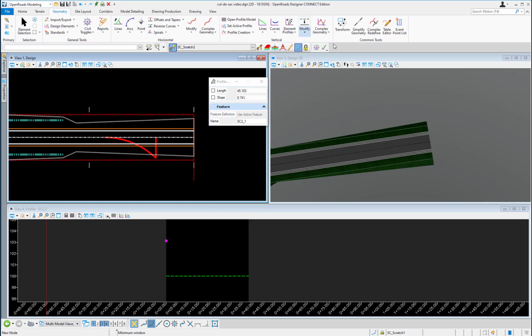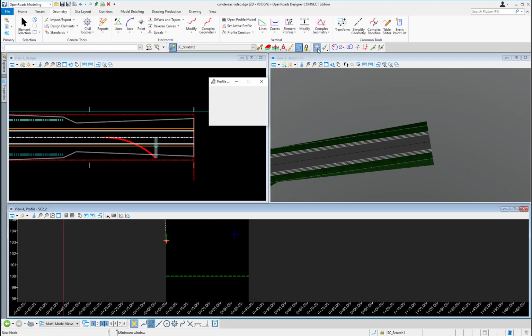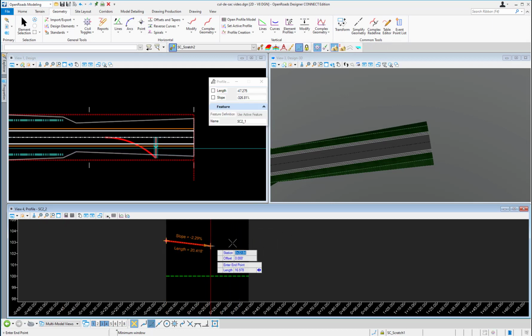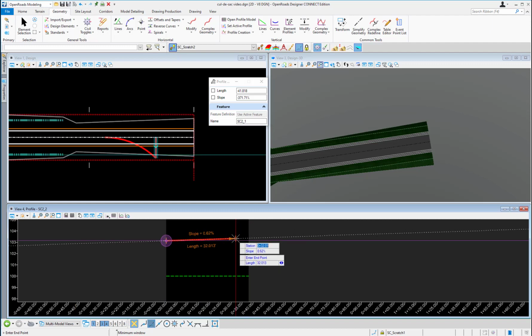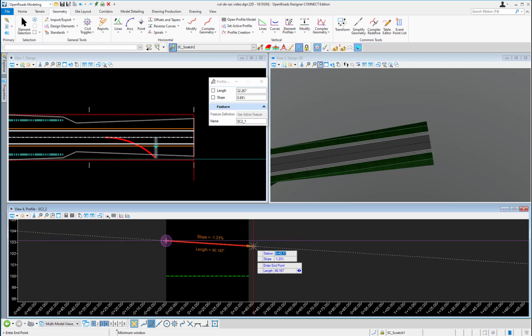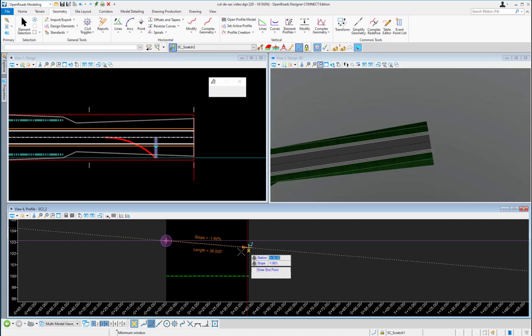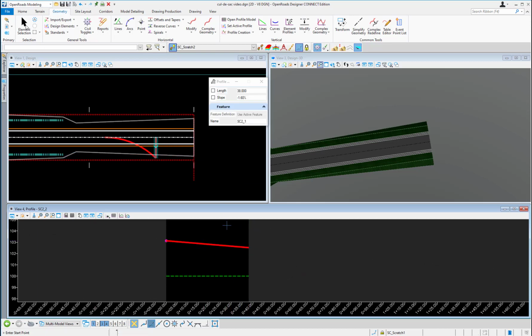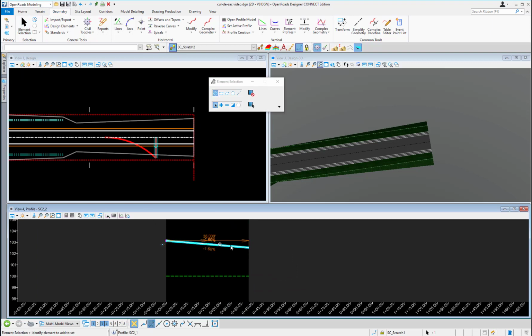Then I'm going to create a line, and I am going to toggle on my Civil AccuDraw here. I'm going to create a line beginning at that point, and I'm going to do it by a slope. So my end station is going to be 0+38, and I want this to be negative 1.6%. So then we'll set this active,